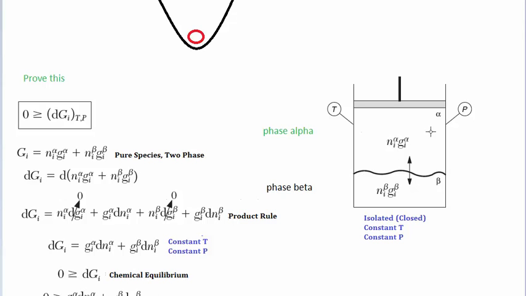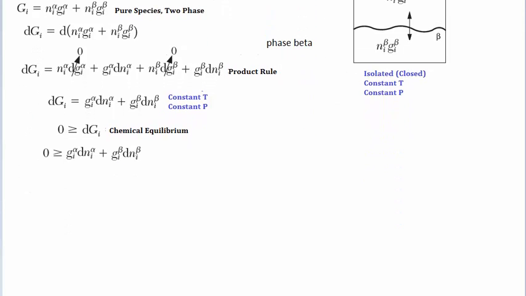Remember, if your moles are changing from alpha, you're either gaining moles in the alpha phase or you're losing moles in the alpha phase. And since we're in an isolated system, the material cannot be lost to the surroundings. So any transfer of moles that's happening must be happening between these two. In other words, if you're losing alpha, that means it's becoming beta. And if you're losing beta, it's becoming alpha. What that means is that these two differentials are